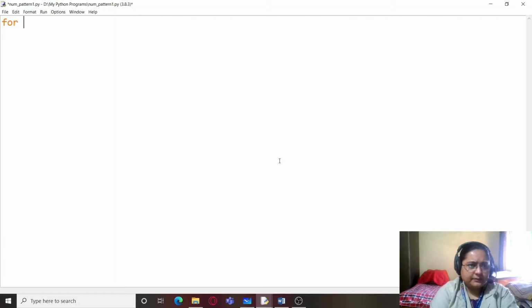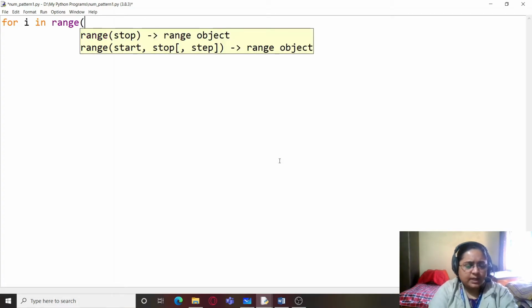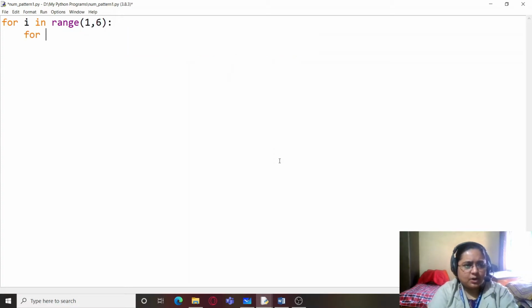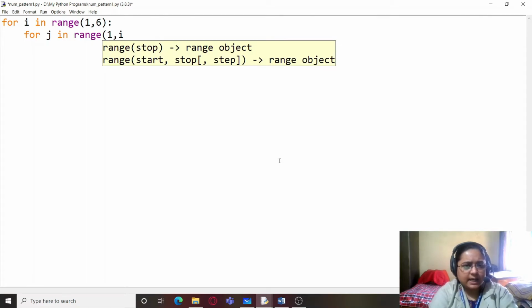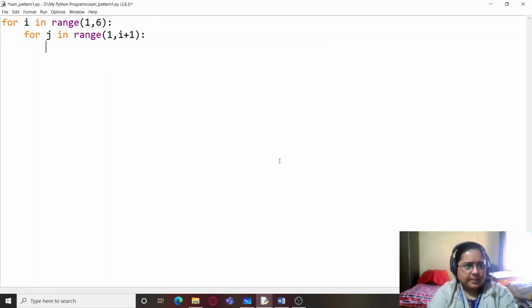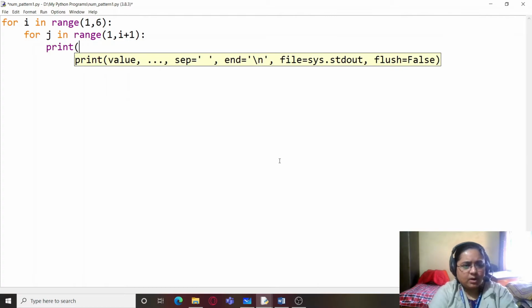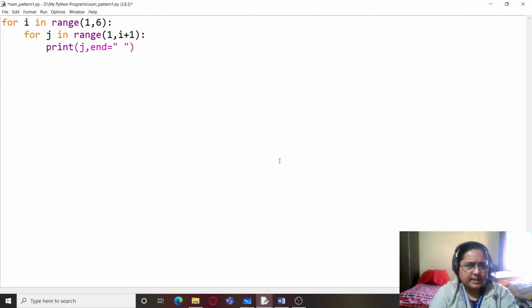So we will be writing for I in range, starting from 1 and ending at 6. For J in range, we will be starting at 1 and ending at I plus 1, and print the value of J followed by end equals a space, because we don't want all the outputs to be on separate lines.